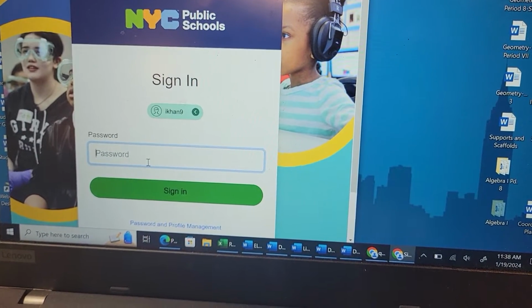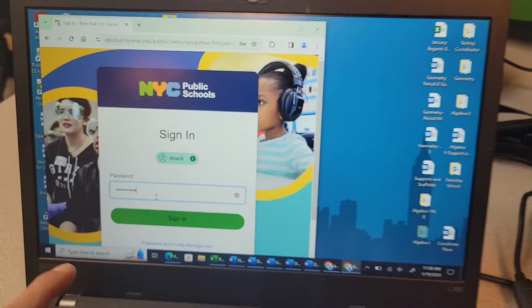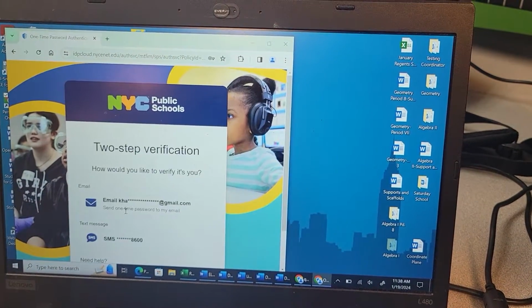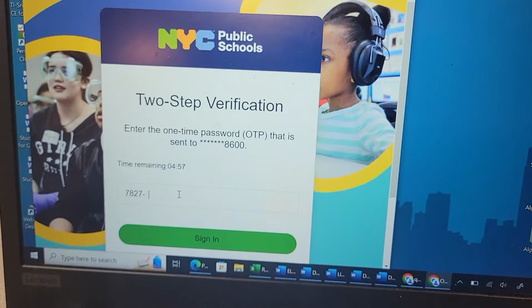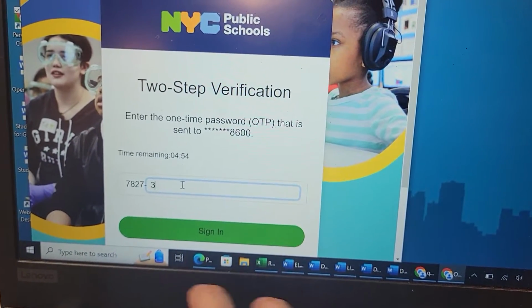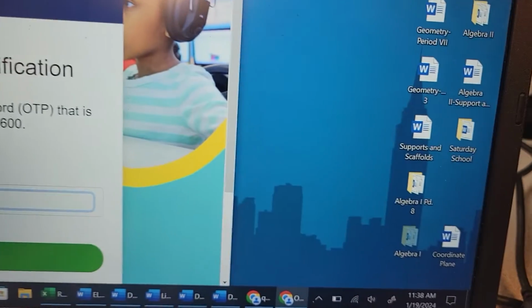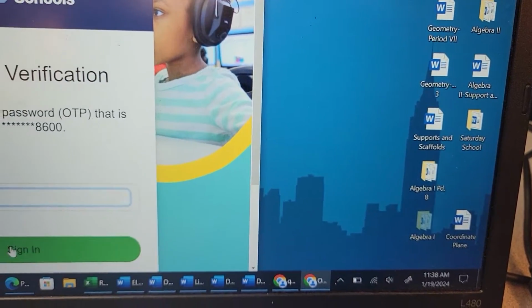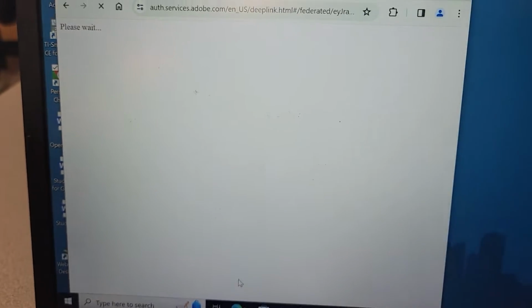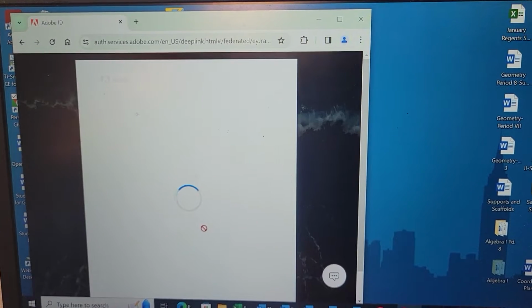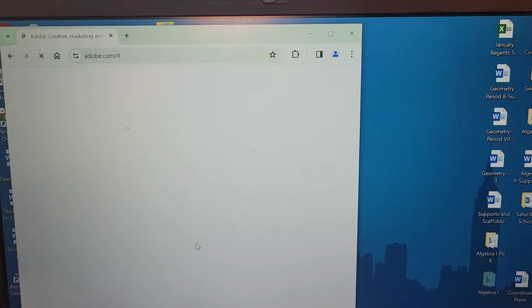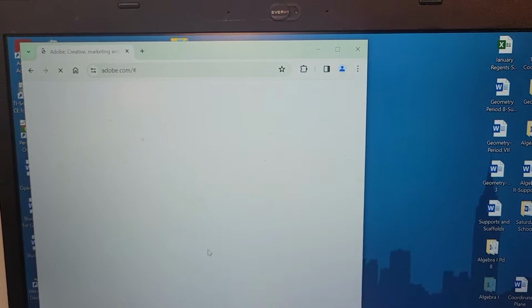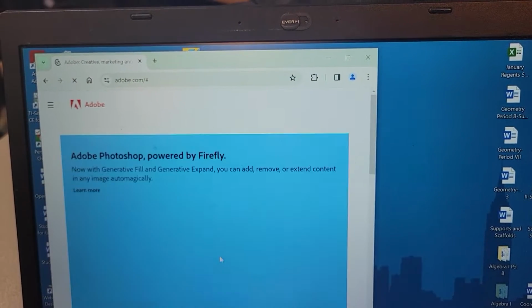And you'll do your password. And you sign in on the DOE side. Obviously it sends you that prompt if you need it. Alright, so we'll just wait for that. And we'll sign in for the first time. Welcome to adobe.com. Now what we're going to do is we're going to download Photoshop, because that's the first thing